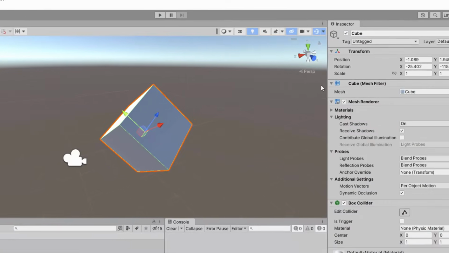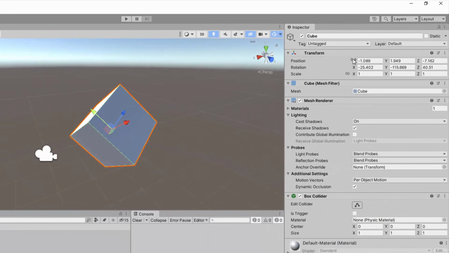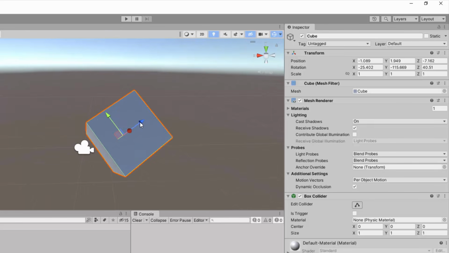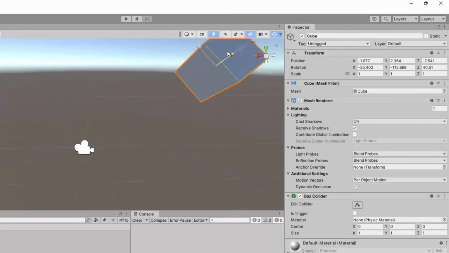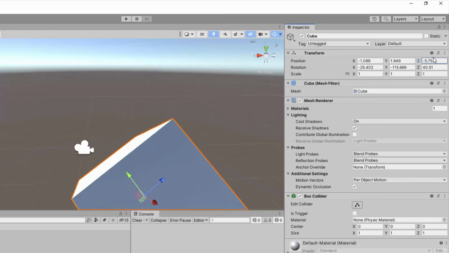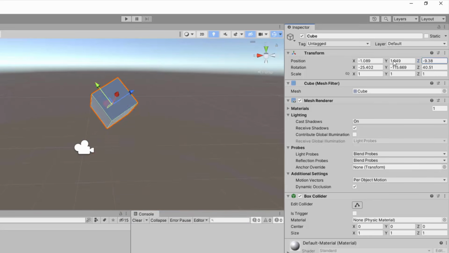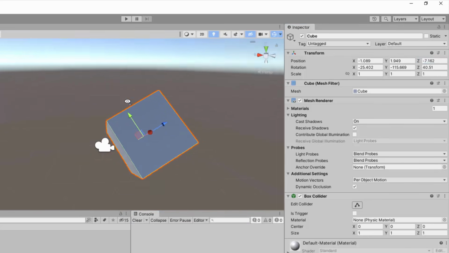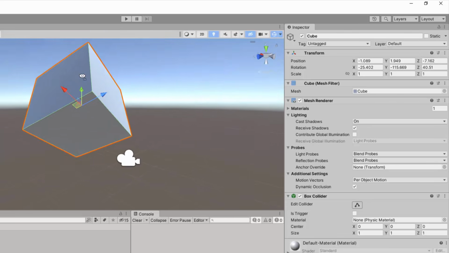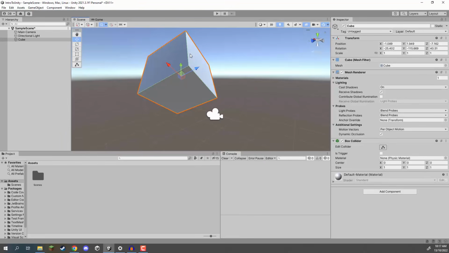Now also note that if you are modifying the position values, the position values here in the inspector are always in global space. So for example, if I were to move along the Z axis with the move tool, you can see I'm moving along this direction here. But if I modify the Z axis in the inspector, you can see that we move along the global Z axis, okay? So yeah, that is a look at rotating and also a look at the local and global space